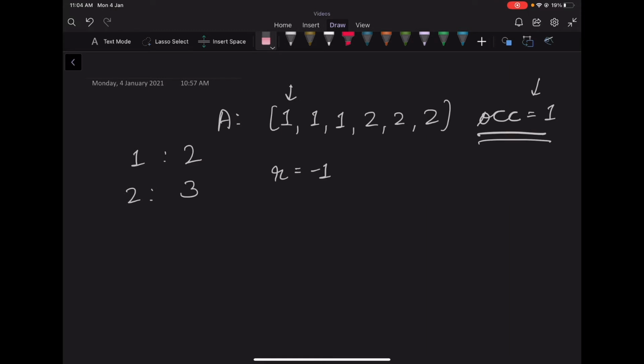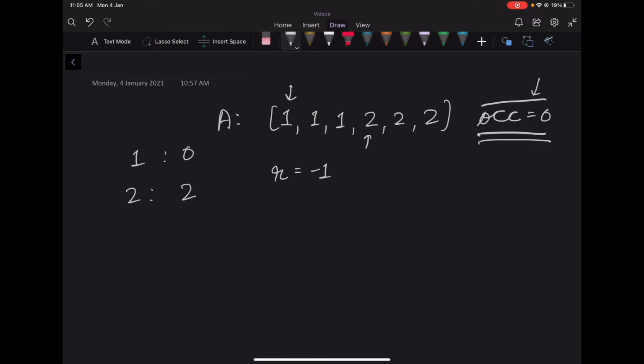pointer. So we will move here and decrease the frequency of 1 by 1. Now notice that the occurrence will remain 1 because the frequency moved from 2 to 1. So if the frequency moved from 2 to 1, it was obvious that we haven't considered its value in this occurrence variable. So again, we'll try to increment our right pointer. So this frequency becomes equal to 0, but we don't update the occurrence value. Again, we move our right pointer and decrease the frequency of 2 by 1, and this occurrence becomes equal to 0.